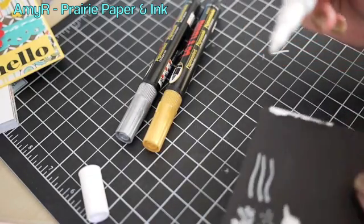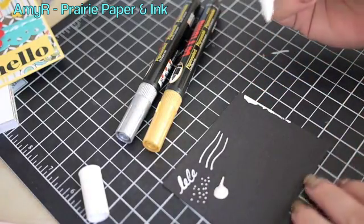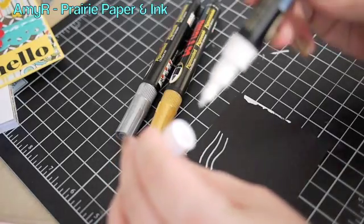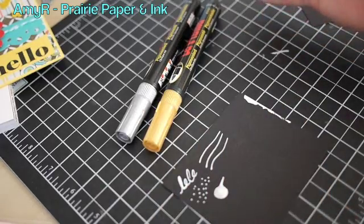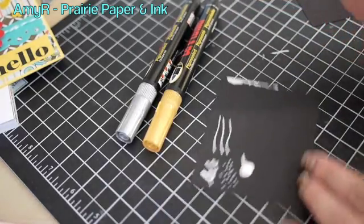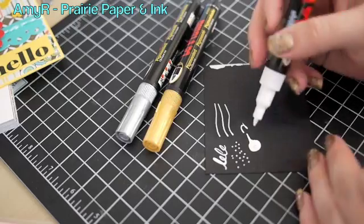And it even says on the marker to clean the nib when you're finished, because you don't want to be putting it back into the lid with a ton of ink, because when you go to open it, you're going to splatter ink everywhere. And trust me, it happens. I already did it. So yeah, these take a little bit of fiddling, but all in all, I really like them,